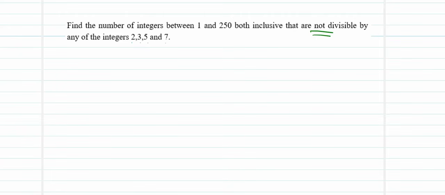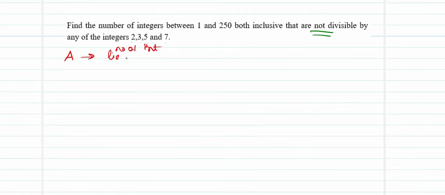So they must not be divisible by 2, they must not be divisible by 3, not by 5, neither must they be divisible by 7. So how many numbers are there between 1 to 150 including these two numbers? Okay, so now let us represent the element A to be the number of